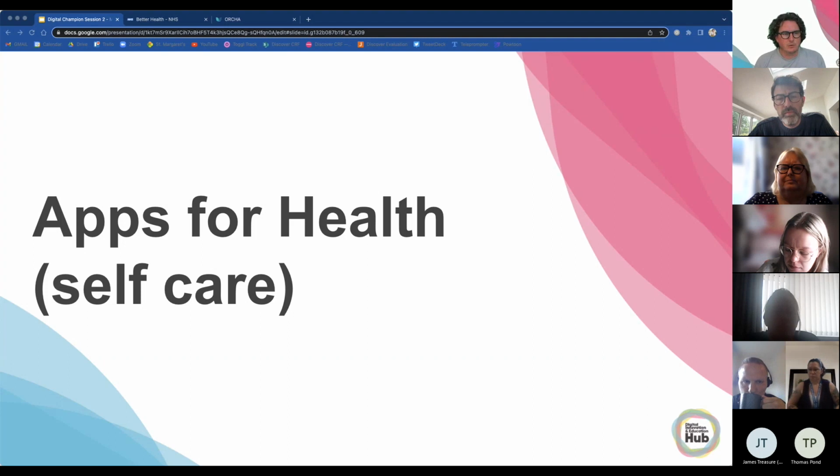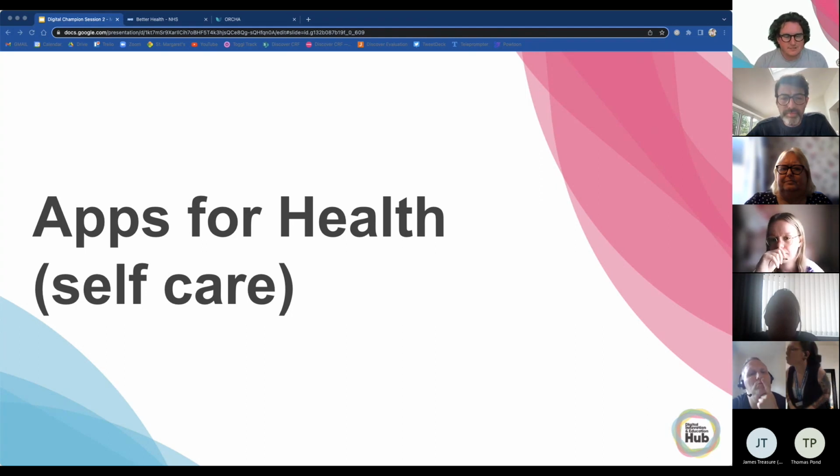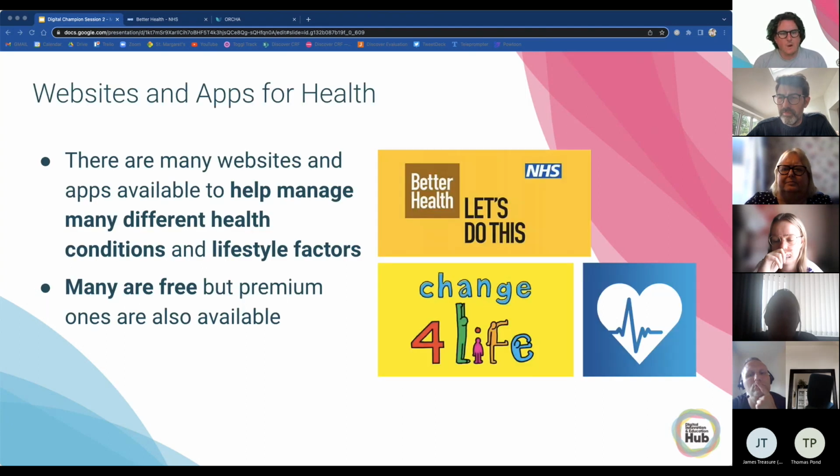Okay, apps for health and self-care. Now more than ever, it's important to signpost people to trusted apps where they can begin to manage some aspects of their health and do some self-care in those times between potentially accessing a service. So it's really good to be able to signpost and show someone a trusted app. Okay, so websites and apps for health. There's loads out there. Some of them you'll be completely familiar with,